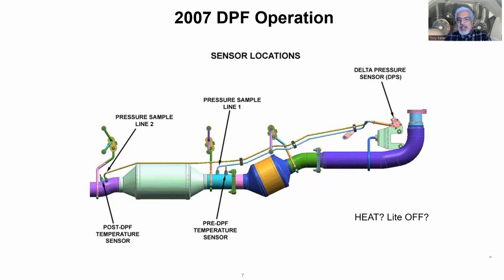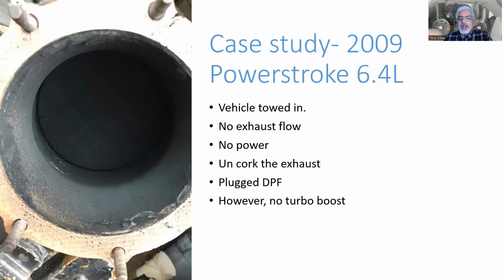Because it could be inside of there, but you can't see it physically because it's all within the whole exhaust system. So we uncorked the exhaust and the engine started. Okay. So definitely the diesel particulate filter was mega loaded. It was just clogged to the core. But once we got the truck running and tried to drive it uncorked, with the flanges disconnected, just hanging there,